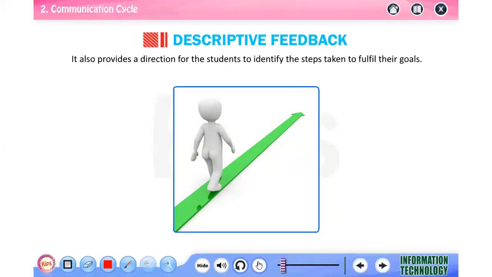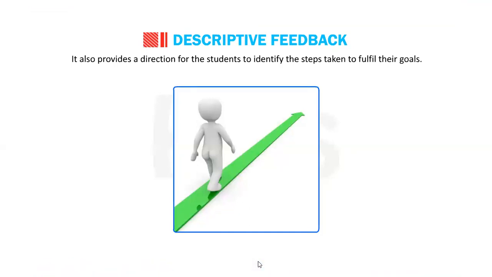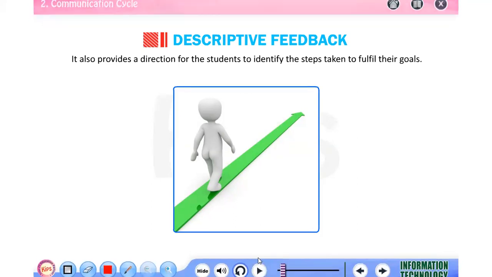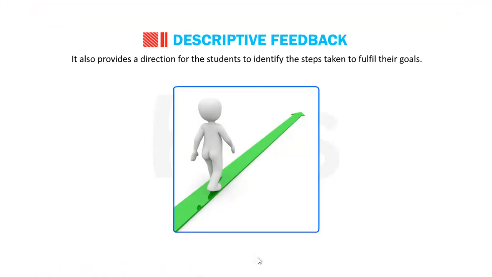So descriptive feedback includes specific information in the form of written comments. That means in written communication, and it also happens in verbal conversation, that helps the learner understand what he needs to do in order to improve. So in descriptive feedback, if I again take the example of students, it enables students to learn about their current achievement along with the weaknesses which need to be improved. I'm citing an example.